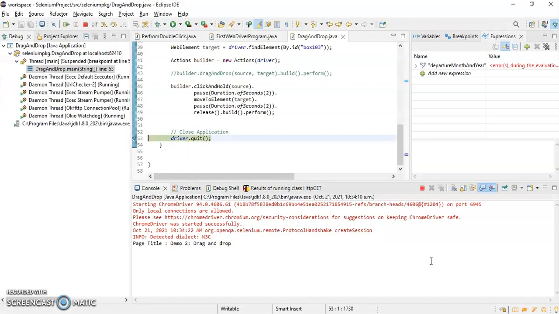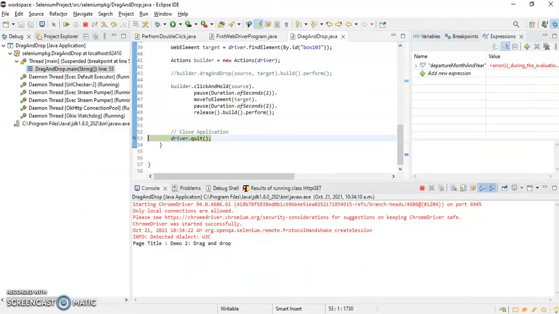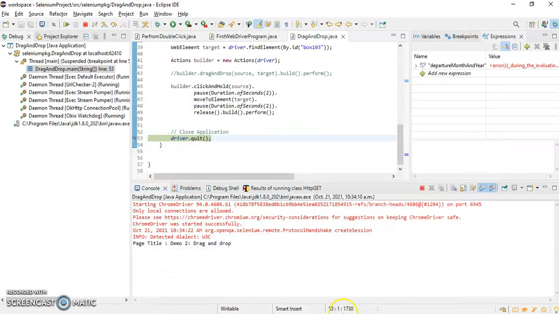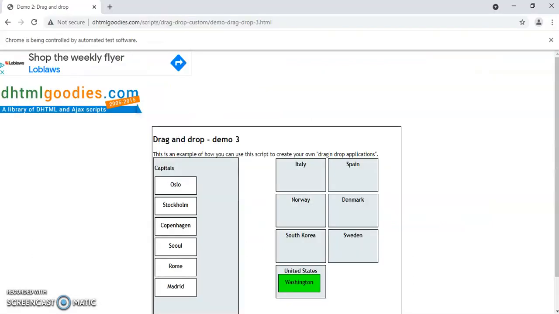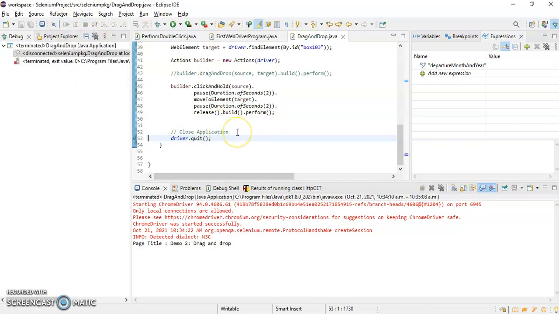See, Washington has been dragged to the United States, right? Washington has been dragged to the United States. So let's resume the script and it will quit the application.